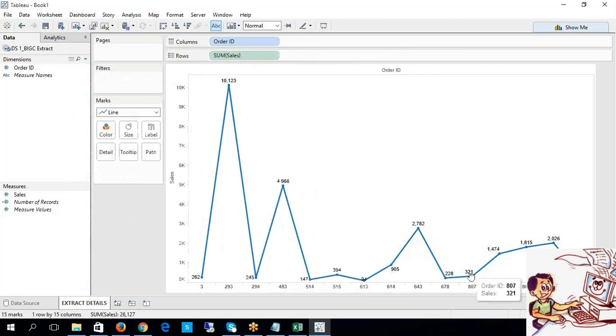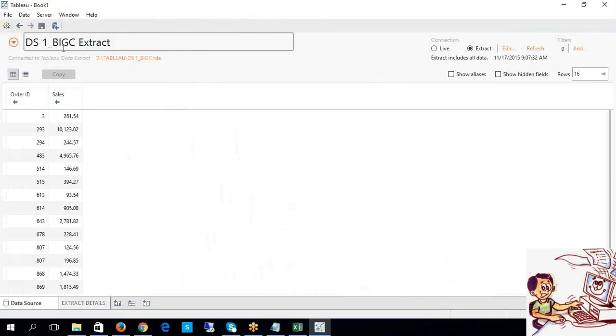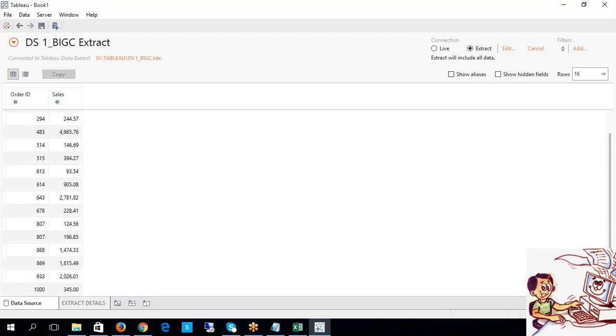Give me a second. Why is it not reflecting? Have we picked up the right source or not? Give me a second, guys. See, that is available in your source level. Whatever we have added, is that what we have added?